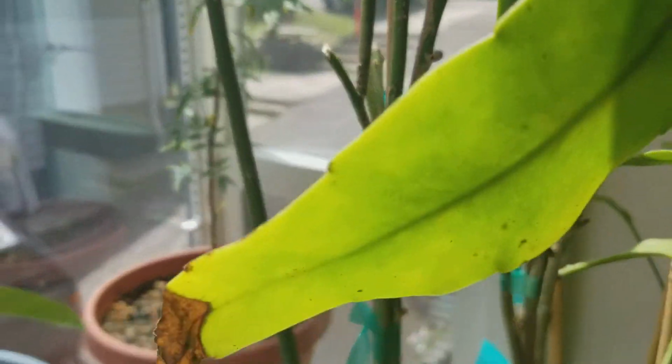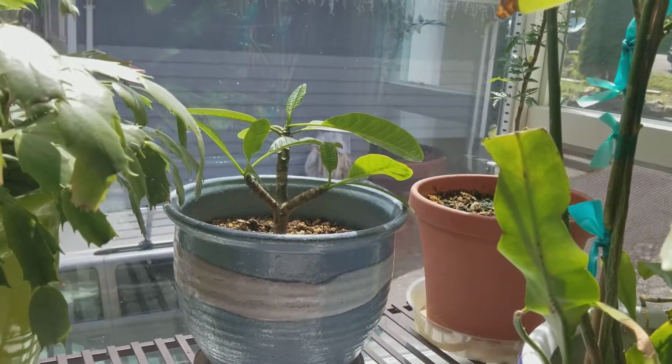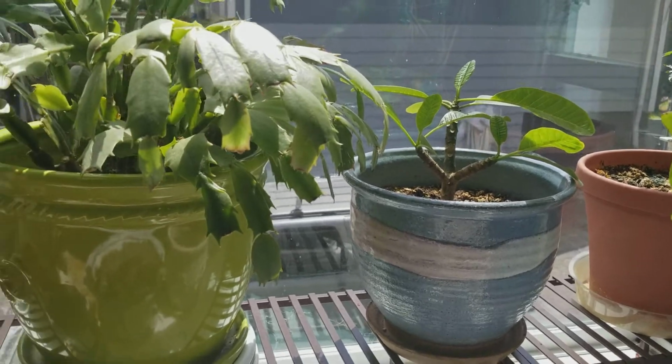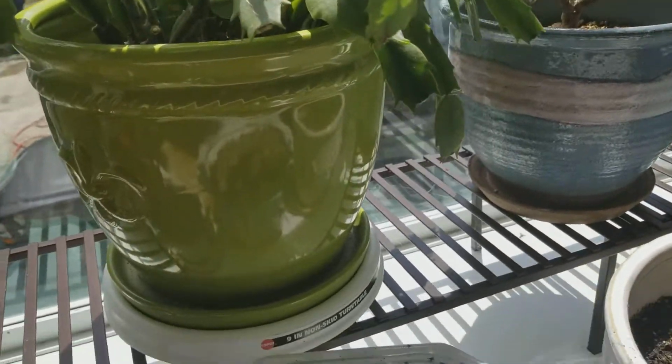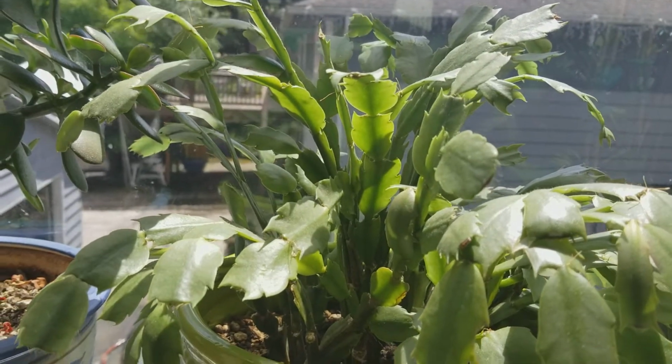I need to repot it. It's a tree. I ordered it from online, so I just need to repot it. And then this is the Christmas cactus that I moved from the